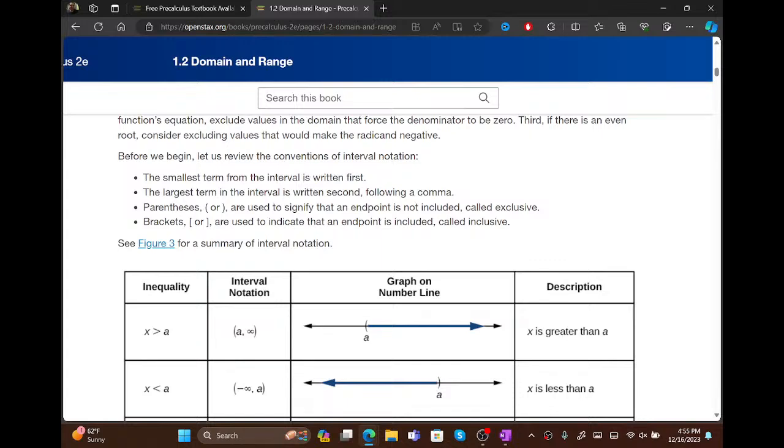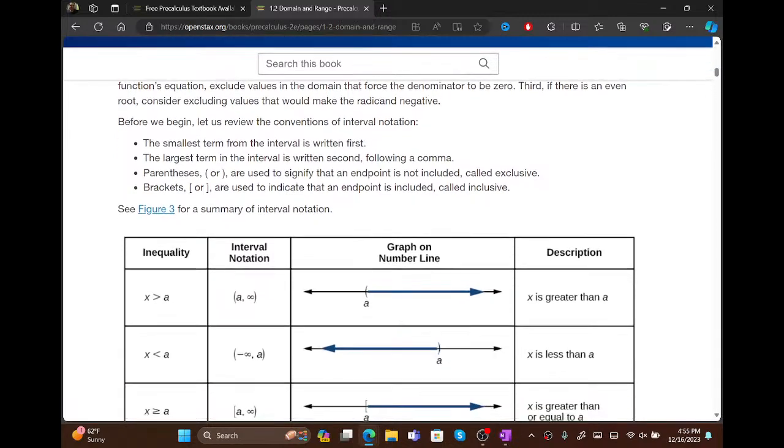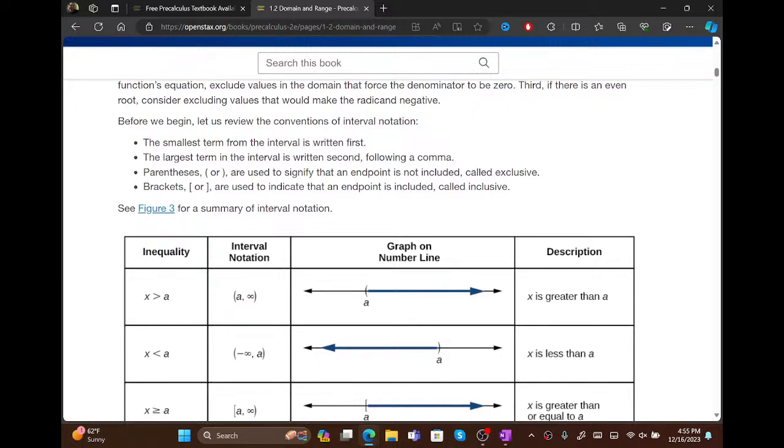Parentheses means that you're not including the number in that interval. And brackets means that you're including it. I will say that for negative and positive infinity, because it is unbounded, you will always put parentheses. I just want to add that in there because I don't know if they put